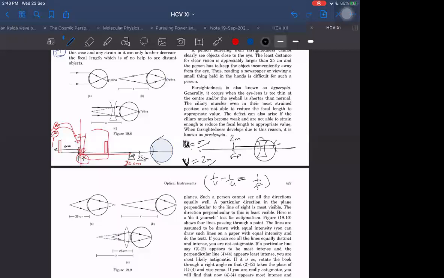I can convert it also to magnitude terms. But this is also okay. We can think this way also, because both U and V are in the same direction only. Even if I convert to magnitude terms, I have to write 1 by V minus 1 by U, because both are on the same side. Same direction only. Then both rays are coming from this side, and both will be taken negative. It will be minus, and it will also be minus. Then it will become 1 by U minus 1 by V is equal to 1 by F.